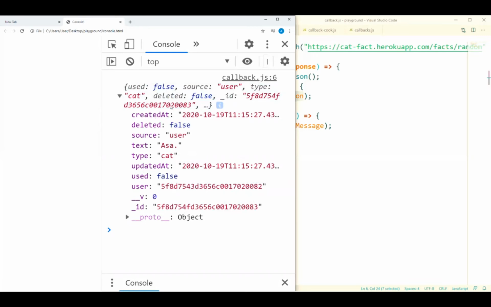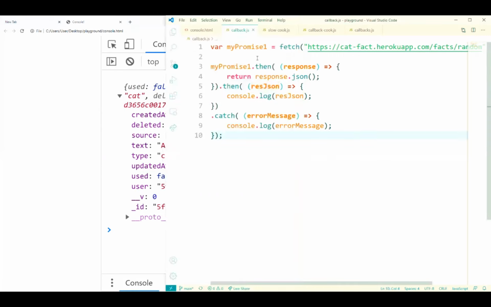This is not JSON. Even though it may look like our JSON object, this has already been converted into a JavaScript object. This is what I want you guys to understand: fetch returns a JSON, and all we did was convert this JSON into a JavaScript object, and then we can use a JavaScript object. Okay, so I'm going to move on now.